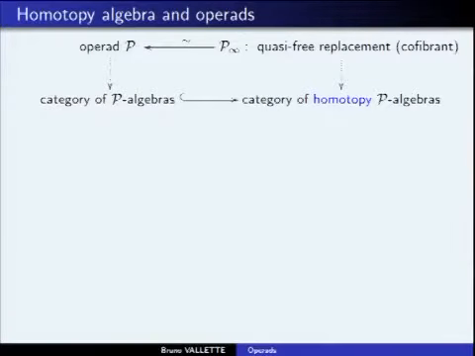is to replace this operad by another operad. Here I'm in the context of differential graded operads. So you change the operad by another differential graded operad, with a map from P infinity to P, which on the level of the chain complex is a quasi-isomorphism. These are quasi-isomorphisms. And you want this guy to be, let's say, free, whatever that means. And then we know that algebras over that have nice homotopy properties.